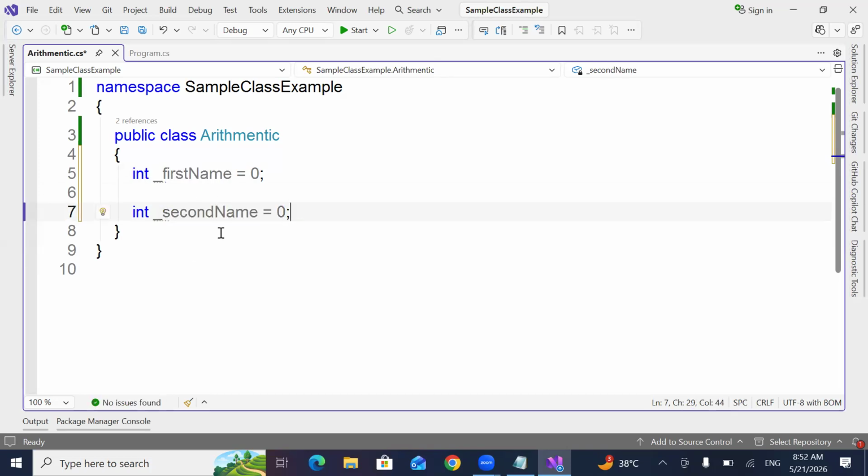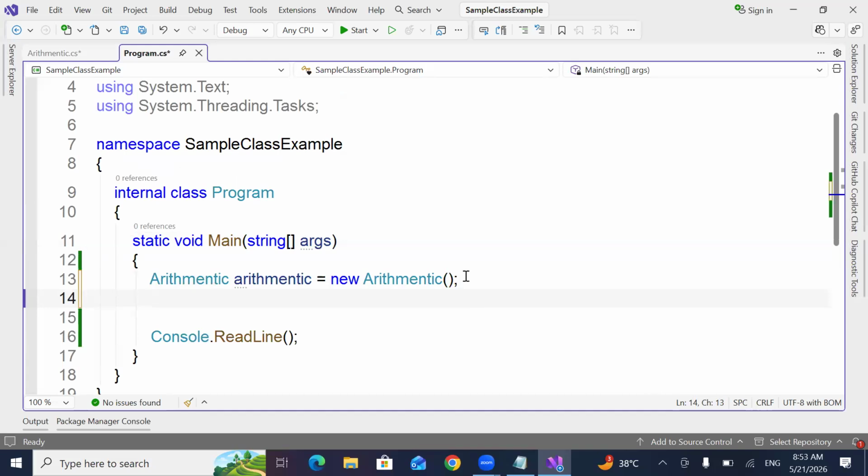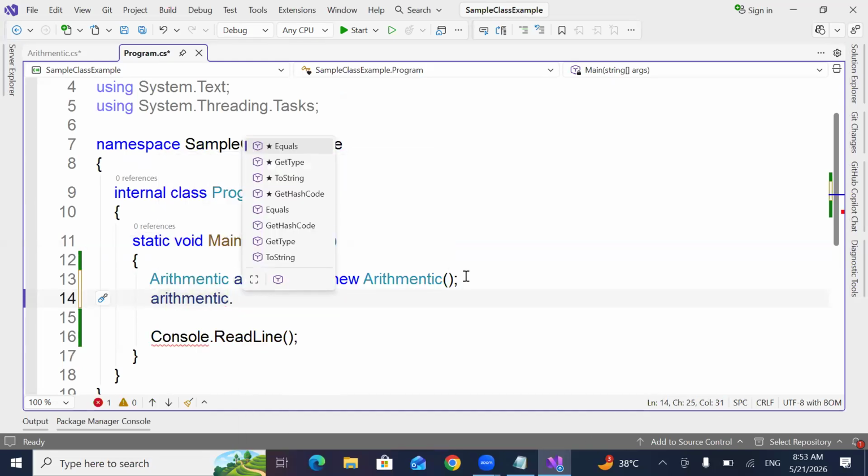Can I access this variable with the help of the object here? Let's see. Arithmetic dot. Am I getting those methods, variables? Are you getting any variable, first number, second number here? No.